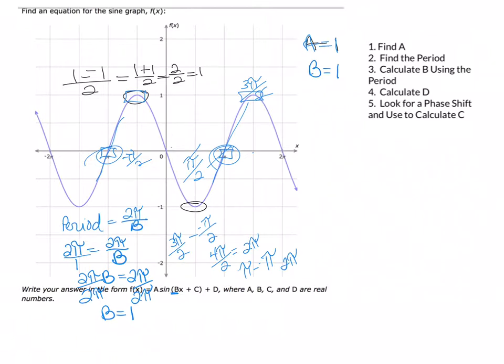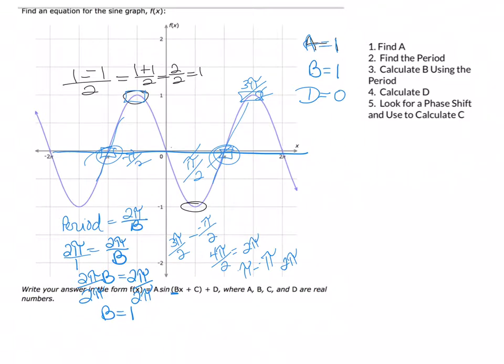All right, so now the next thing to do would be calculate D. And D is how much do I shift up and down off of the x-axis. Well, in this case, I don't shift at all up and down off the x-axis. My center midline is right there through the x-axis. So my D value is 0. And I skipped C and went straight to D just because D is so easy to calculate. And C takes a little more work. And I thought I would just do that because it's quite simple. All right, now